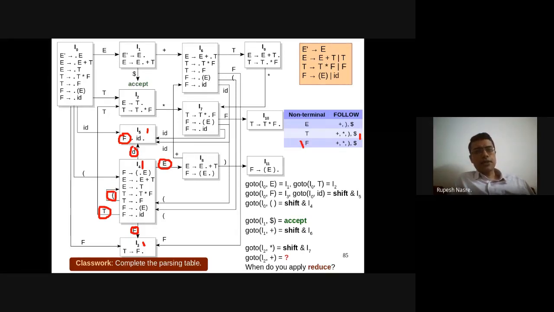For I6 things are going to be again, there won't be any reduce entries here. There will be some transitions possible, right? So again, depending upon that, there will be transitions and so on. So I'll wait for a few seconds for you to think about I6, what are the entries that are going to be there, and in case you have not filled I5, then we'll move.